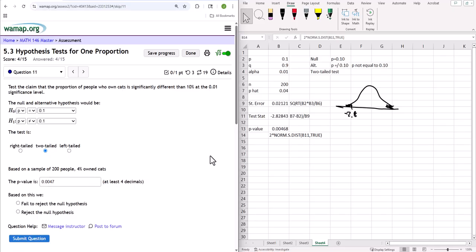And then we make a comparison here, our p-value comparing it to our alpha. So our p-value is less than our alpha. So we reject the null hypothesis. If we reject the null hypothesis, then there is enough evidence. If we were doing that last one, there is enough evidence at the